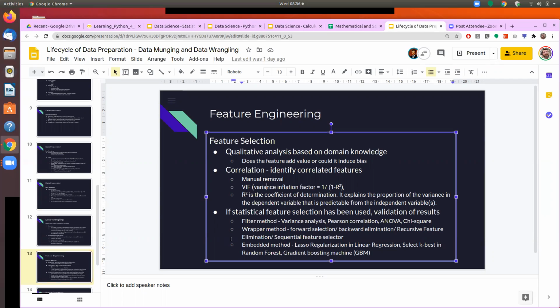Yes. So the question is that R square and VIF is calculated for each column. Then which are not correlated are kept. Yes. So actually we are proceeding in the other direction. That is, we are dropping out the one which has a higher VIF, and therefore we end up retaining those which have a lower correlation with each other. That is how the VIF will operate.